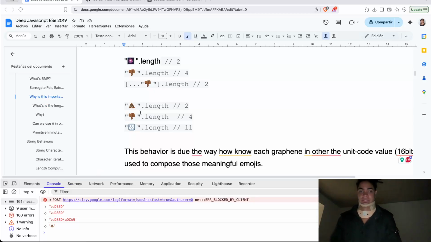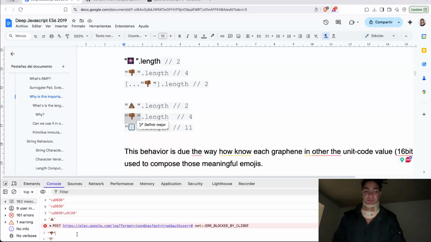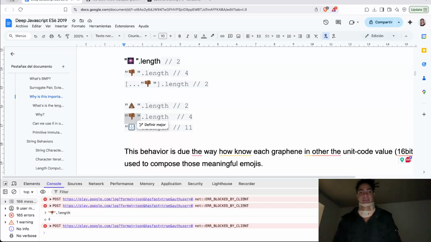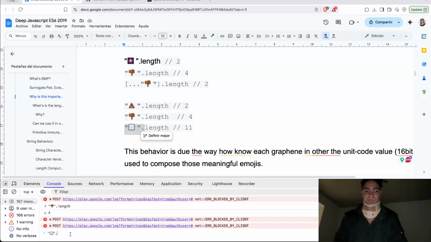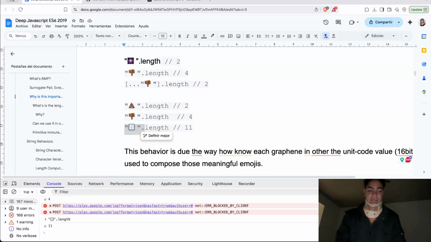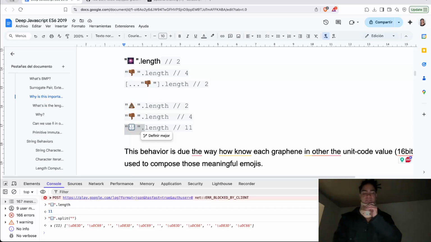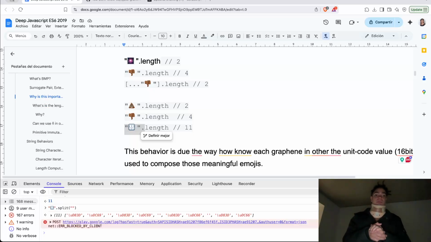And not to mention that with this, we can also create compositions of emojis, for example, the family, where the length of the family here says 11. So you might wonder what the French toast is happening here. Well, this is a composition of all of this Unicode that is made of surrogate pairs. When you combine those surrogate codes, also known as graphemes, when you combine all of those symbols,